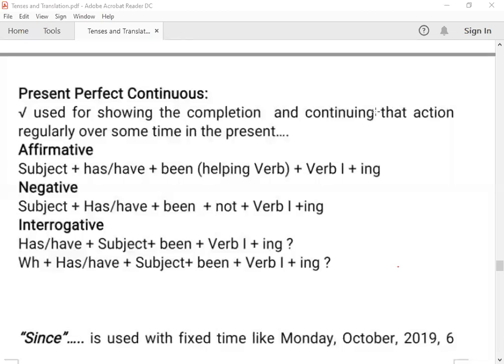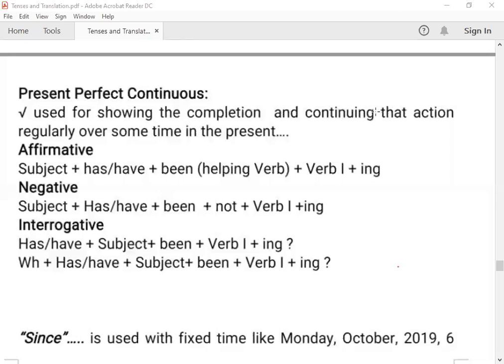When we discussed past perfect continuous, it was the perfection or completion of some task and then its continuity over a period of time in past. But now here we are going to discuss it in present. The same thing, completion of some task and continuity of it over a period of time, that is in present tense. So, when we talk about the affirmative sentences of present perfect continuous, subject plus